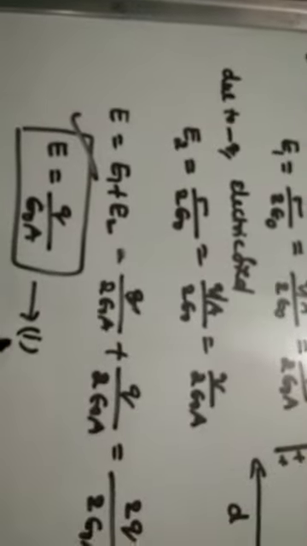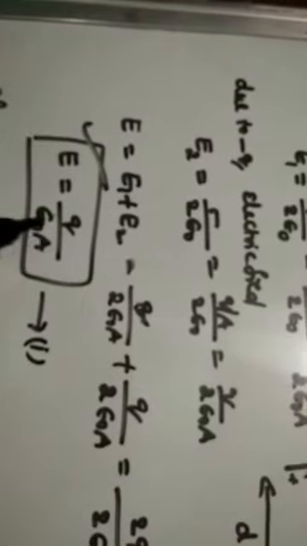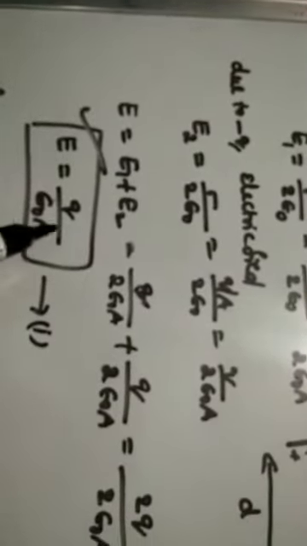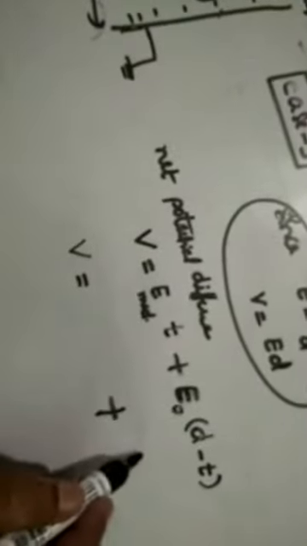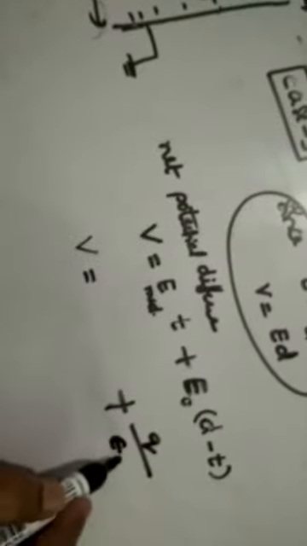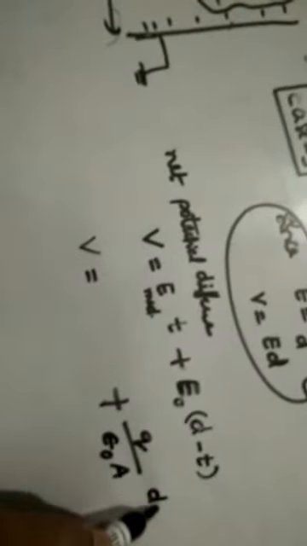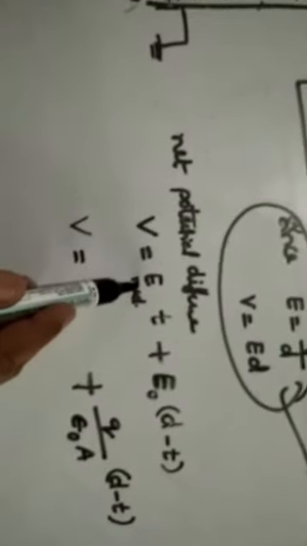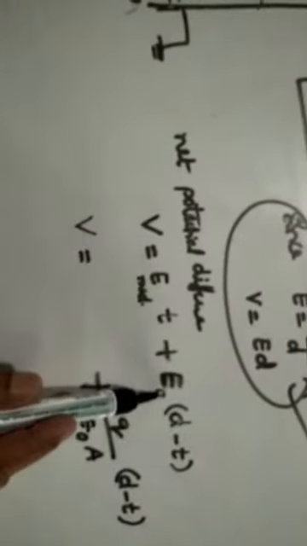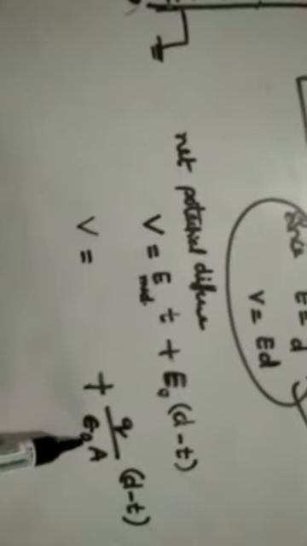Just now, if you remember, in case 1 there is one equation: E is equal to Q by epsilon naught A. This type of formula I am applying here. So again E naught is nothing but Q by epsilon naught A of D minus T. There is no problem, it is easy. But what about this E medium? Air or vacuum is there, E naught, here epsilon naught.